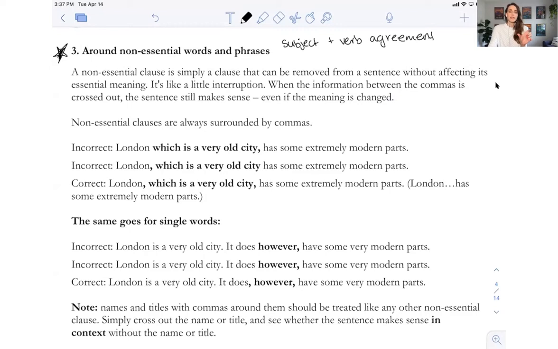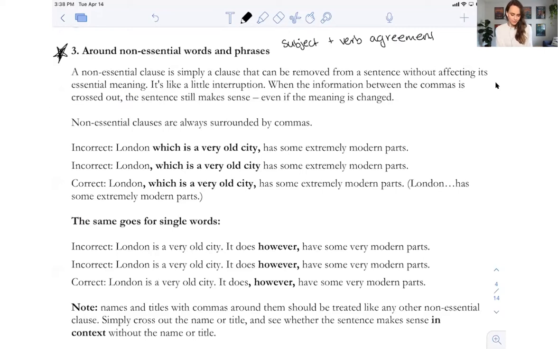And when we're looking at subject-verb agreement, I mentioned before that we want to eliminate the prepositional phrases. We also want to eliminate the non-essential phrases when we're looking at subject-verb agreement. So we basically want to eliminate the fluff that comes between the subject and the verb, because they won't just put the subject right before the verb that they're trying to get you to decide if it's singular or plural. They will separate it with a lot of information and make you work for it to figure out what